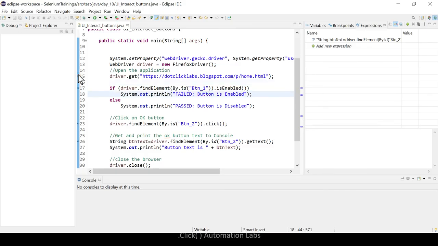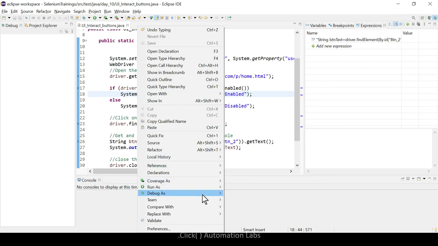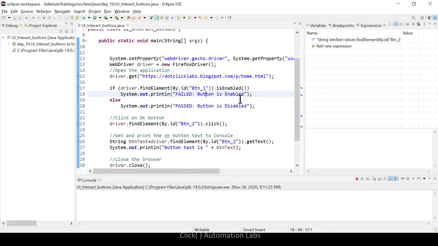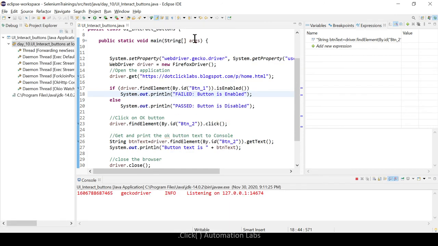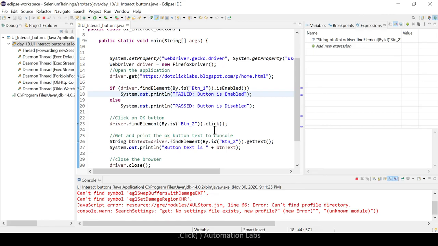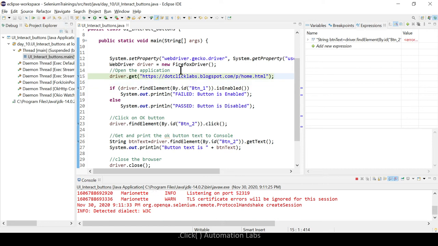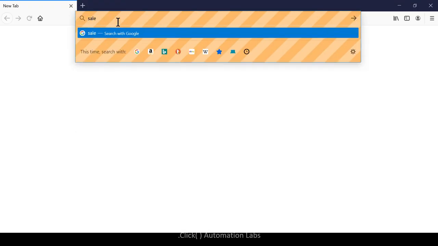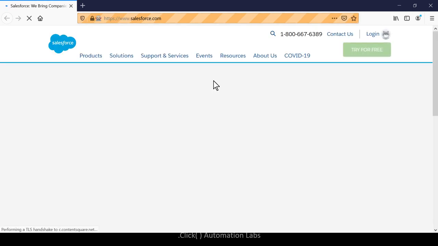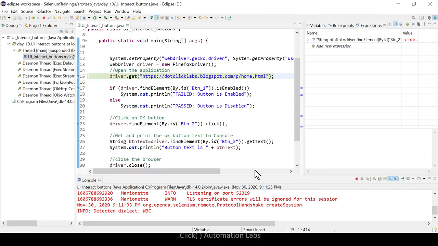Let me put some breakpoint over here. Okay, debug as Java application. Okay, so forget about it, I just ran this to open the browser window. Now you see salesforce.com. Okay, so once you open this window,